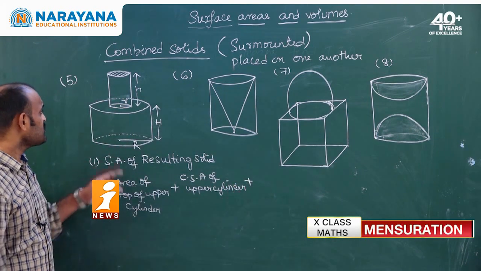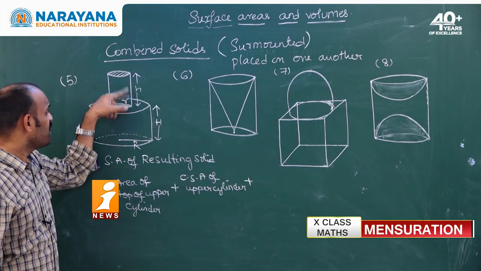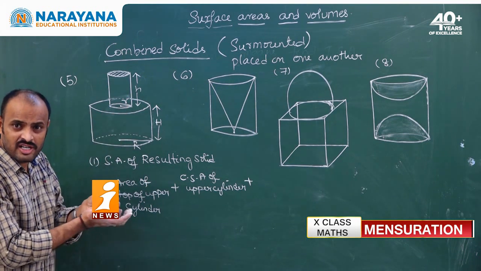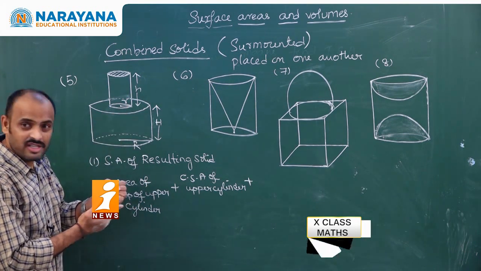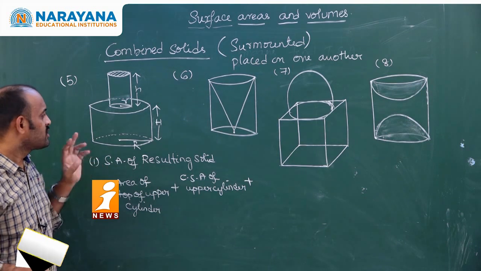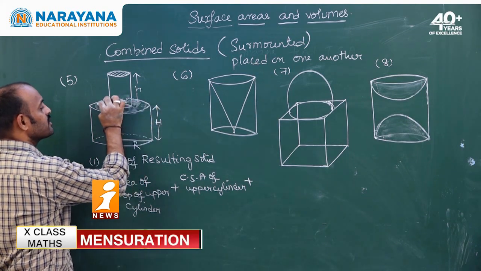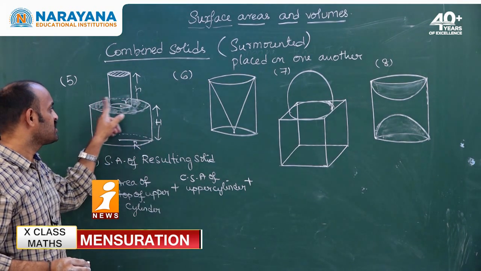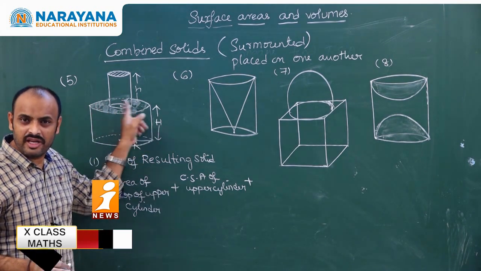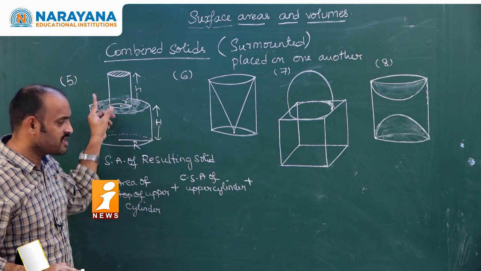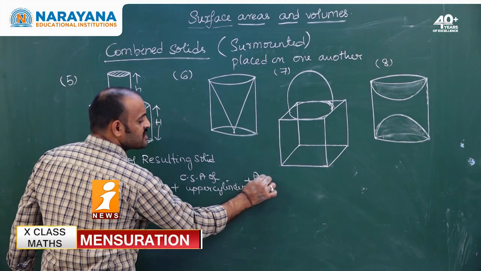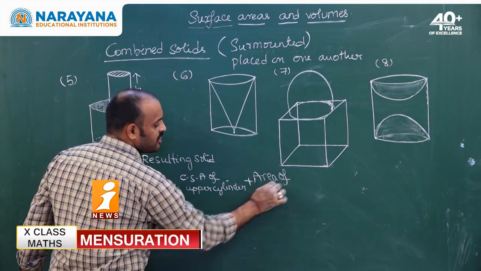Plus, as the upper cylinder base is covered by the lower cylinder base, I cannot see the base of the upper cylinder. But if you observe, I can see some area here. So, what kind of area is it? Is it not an area of a ring? Isn't it? It's the area of a ring. So, area of ring